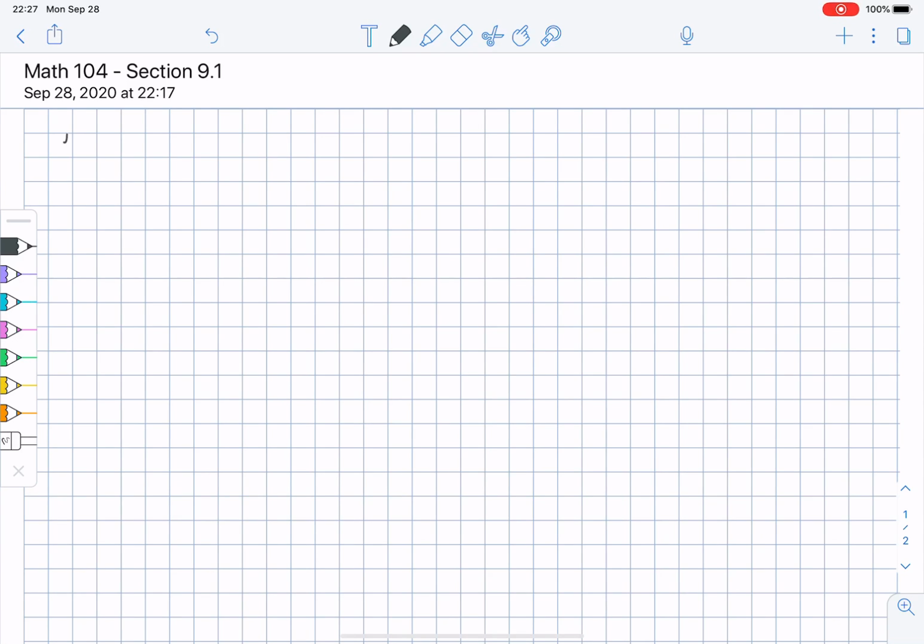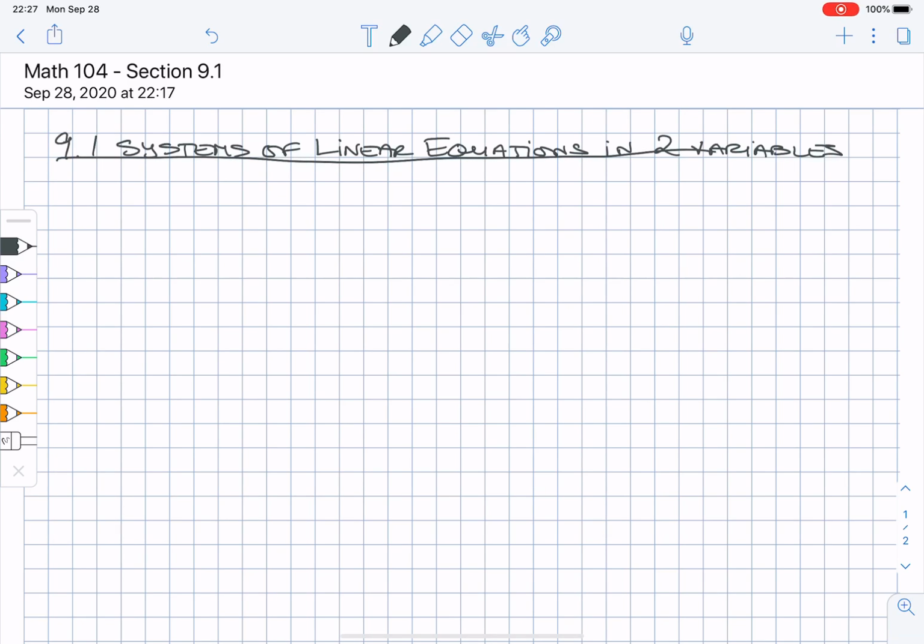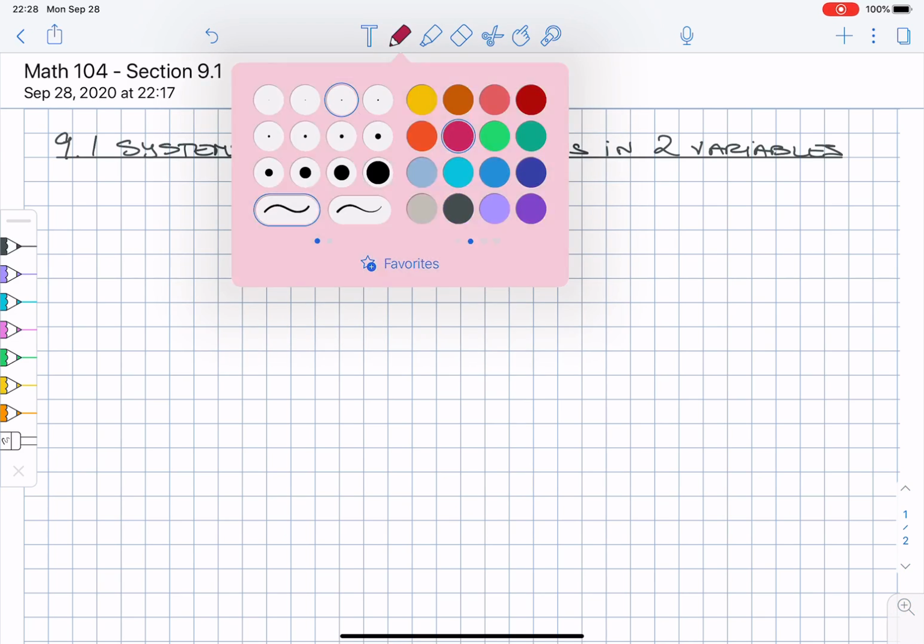Okay, so welcome to section 9.1, which is systems of linear equations in two variables. We'll get to three in the next section. So these two variables are usually x and y. So let's recall